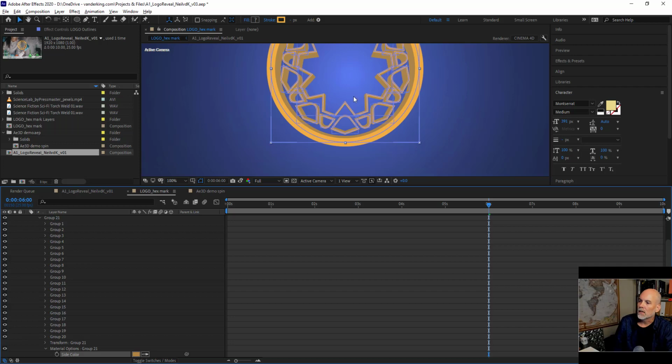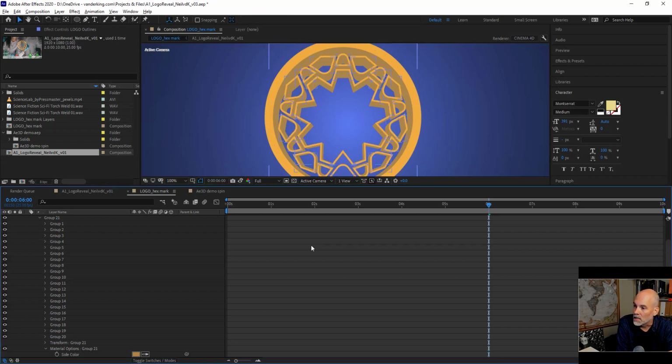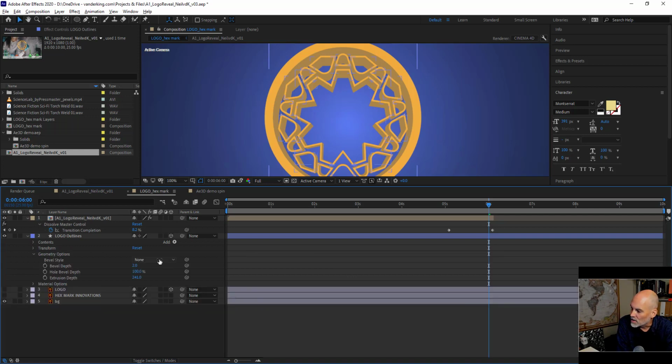And now you can see that even without lights, it could really pass and work completely without lights whatsoever. And we haven't even done a bevel yet, and that looks really good,